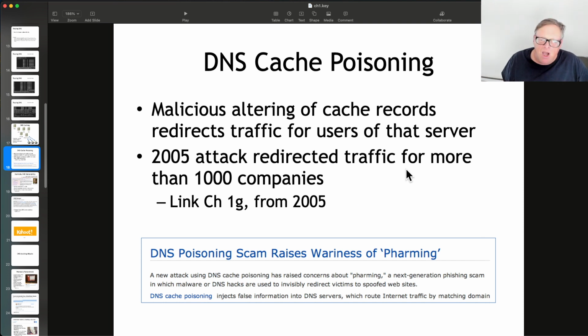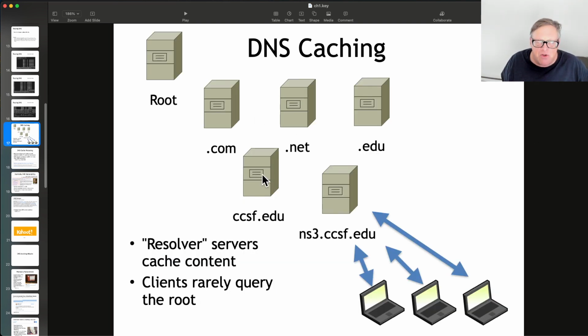Now, what has happened in the past, particularly in 2008, is they found ways to poison the cache of those servers. So if you have an intermediate server here, and people are using it, like a Comcast DNS server, and some Comcast student goes to this website, it will ask higher servers where it is and then save it in that server. And then when another person goes to that website, it won't ask anybody. It'll just look and say, oh, I looked that up recently. So until it expires from the cache, which is typically some hours,